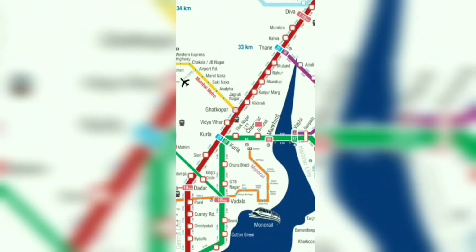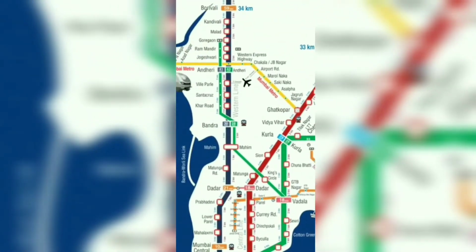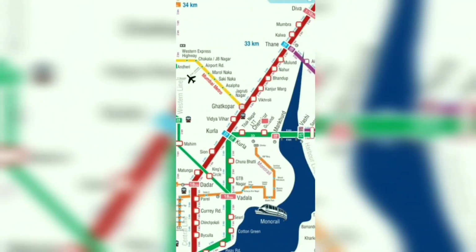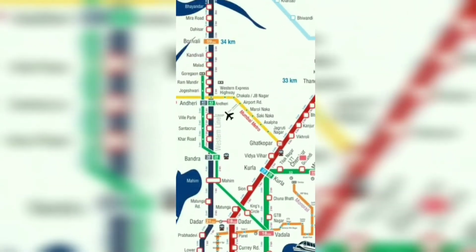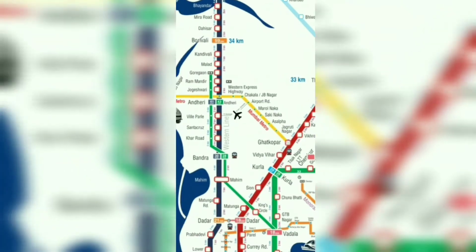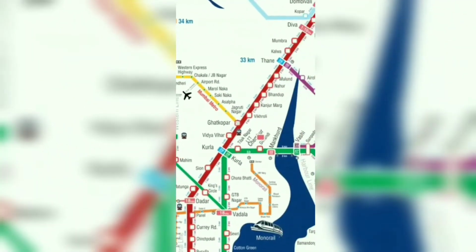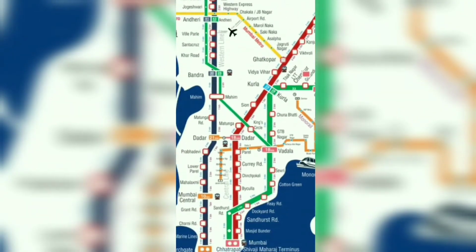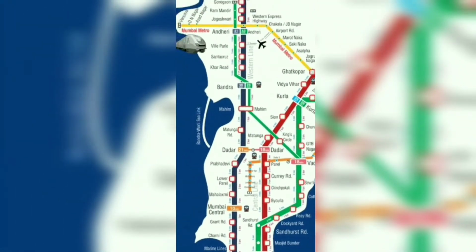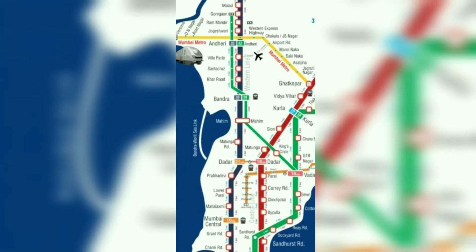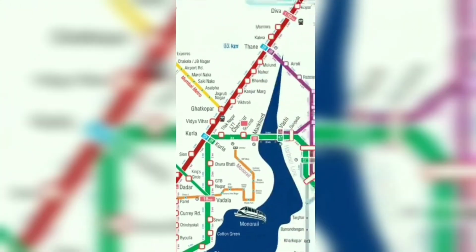Now if you want to go from Thane to Andheri, you can go till Ghatkopar, and from Ghatkopar you can get a metro to Andheri, or else from Thane you can go to Dadar and from Dadar you can go to Andheri. So this is how junctions work.